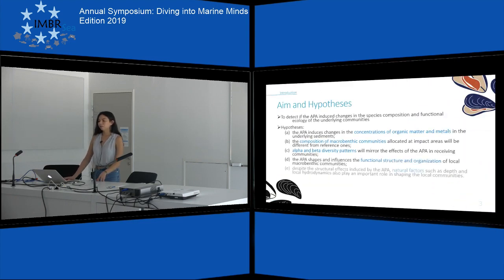My primary aim was to detect with a battery of statistical tests if the APA induced changes in the species composition and functional ecology of the underlying communities. And because it was a multimetric analysis, I made use of several hypotheses. I'm not going to read each one of them, but they have to do with differences in the concentrations of organic matter and metals, the composition of macrobenthic communities, alpha and beta diversity patterns, and the functional structure and organization of the local macrobenthic communities. One of my hypotheses also highlighted the potential of natural factors such as depth and hydrodynamics in shaping the local